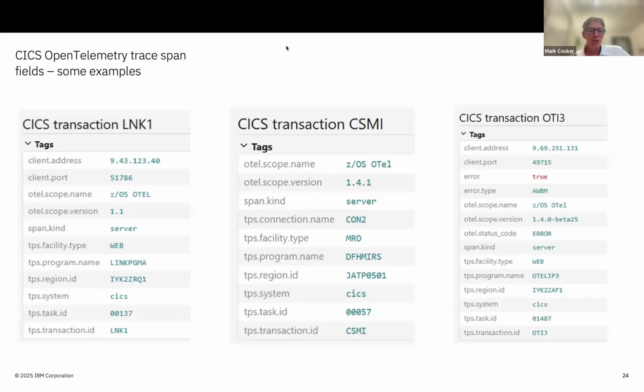So I just add a last slide here on examples of the span records that are written out. This is a screen capture from a Jaeger dashboard showing a different environment, different examples here about the types of attributes that are in those span records that allow you to understand, well, this was a particular request that was processed in CICS, and we've tried to keep these attributes to be both useful but not replicate things that you could find out elsewhere.